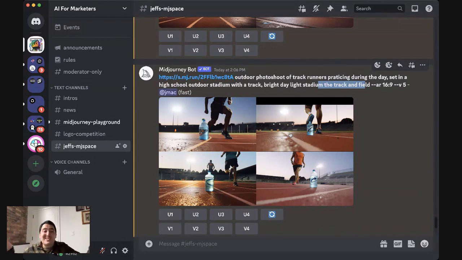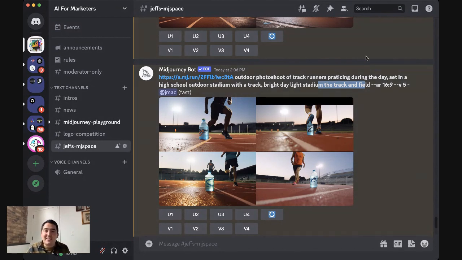But all of the limits I talked about before still apply, where you take on the legal responsibility of using this as finished work. So if you are worried about litigation in the future about using this type of work in a public setting, like as a social post or as a TV ad or as a print ad, know that you may want to steer clear of that and still just use this as inspiration for something that you would capture yourself.